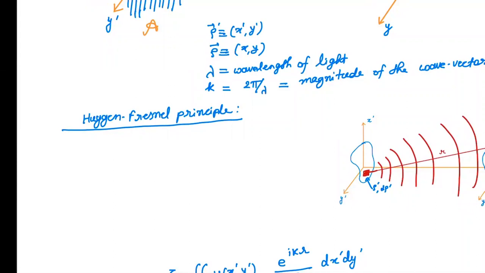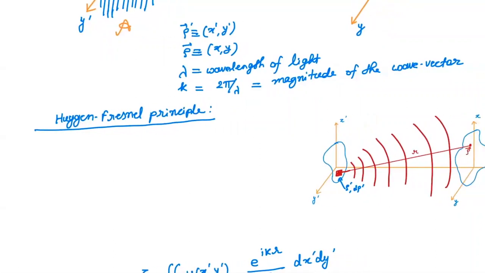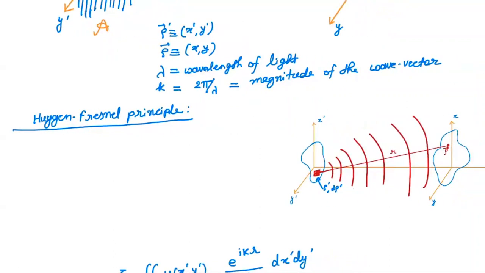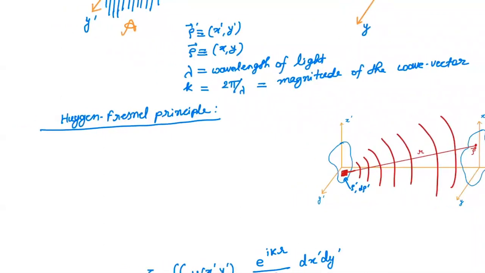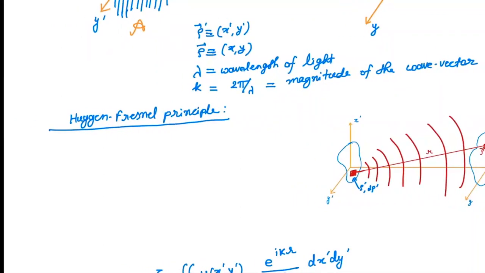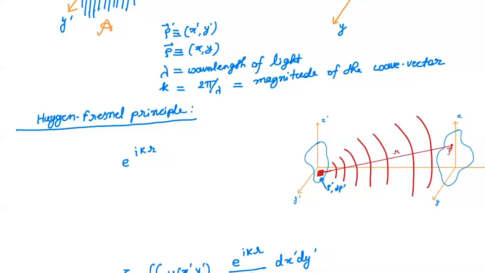Since it's a unit amplitude source, we don't need to worry about its amplitude, it's just one. And we know that a point source emits kind of spherical waves, which propagate and expand. The spherical wave can be written as e to the i k r, where r is the distance between rho prime and rho, and rho is just the observation point. This is just a single observation point. r is the separation between the two.